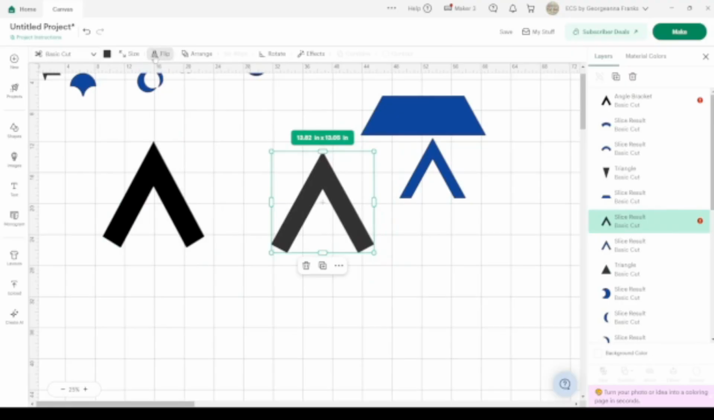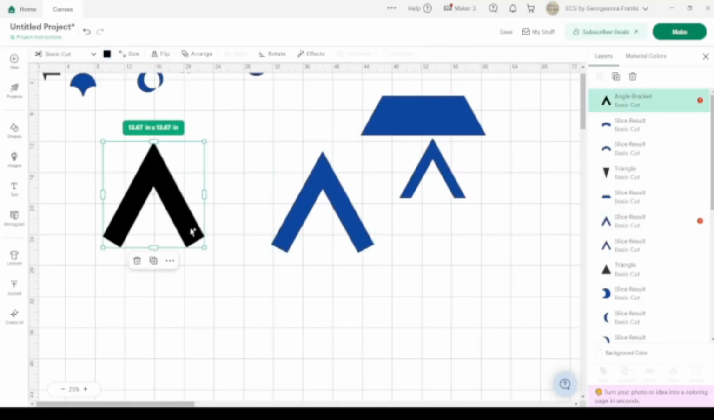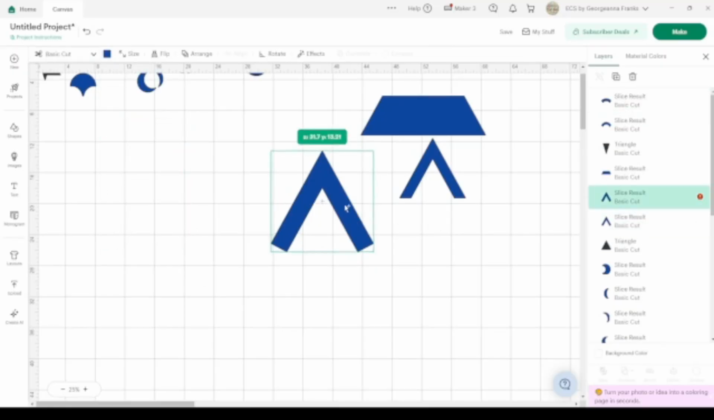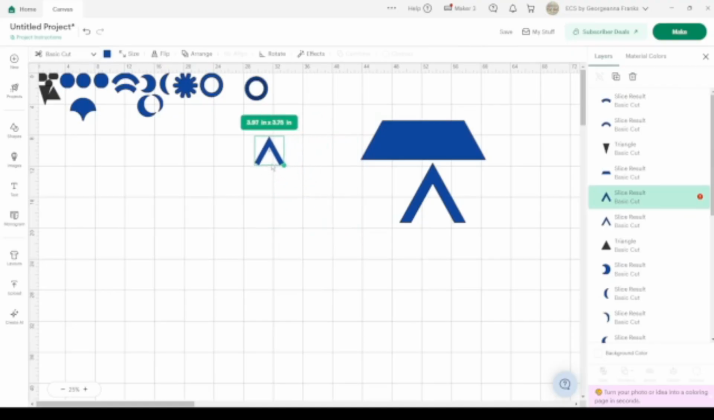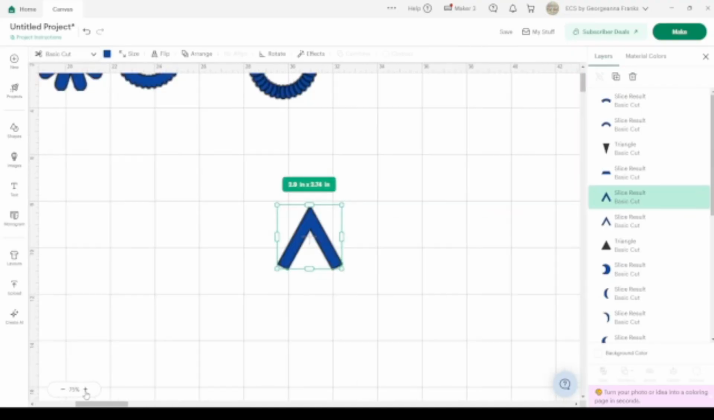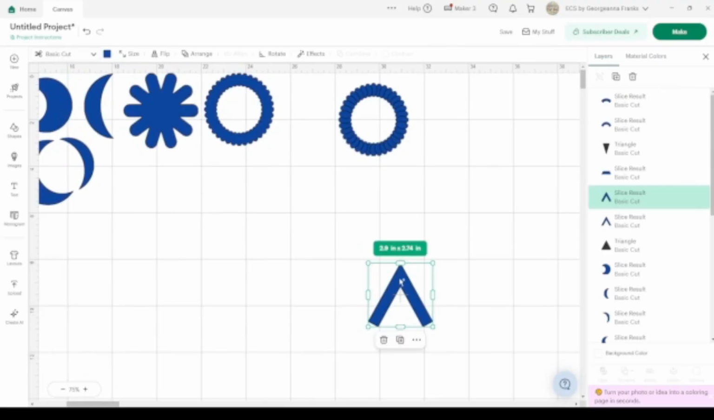Let's change the color again. So this is the one we're keeping. And I'm going to get rid of this. So here's a couple more free shapes for you. Now we do need to size these down because they're quite large. And I will zoom in a little bit. Okay. So